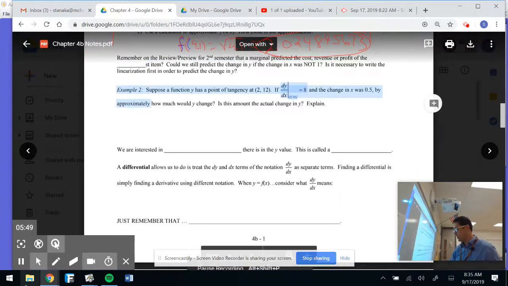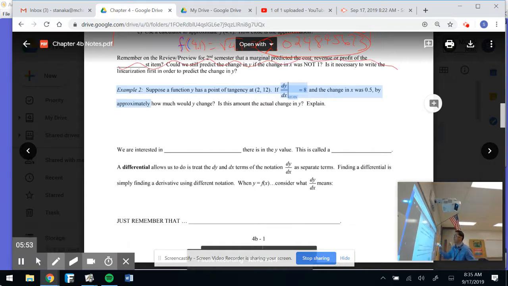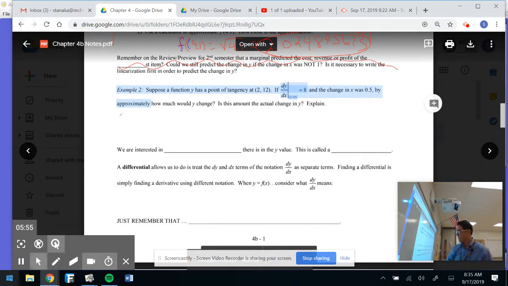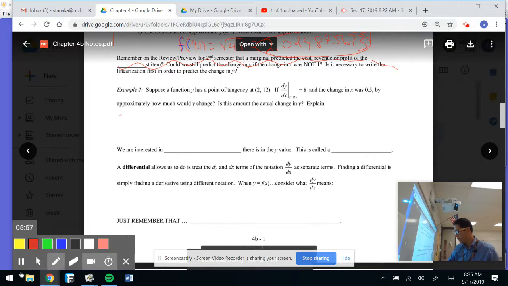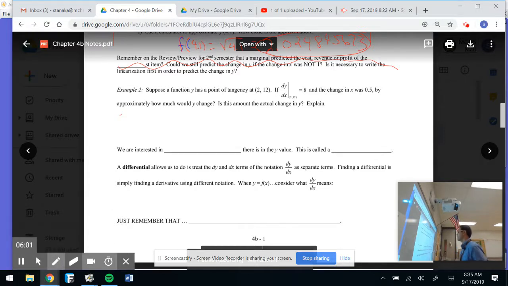Remember, we don't do any marginal costs in AP Calc anymore, so see you later. But they're going to ask us some things here, and we're going to turn it from linearization to what we call differentials. And it says, suppose a function has a point of tangency at (2, 12). It means we can find a derivative. And they tell us that dy/dx, remember, dy over dx means the change in y over the change in x,